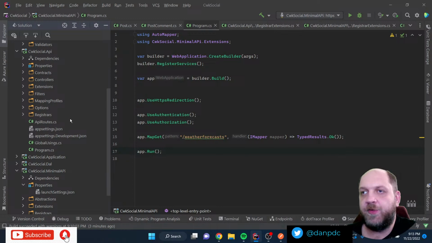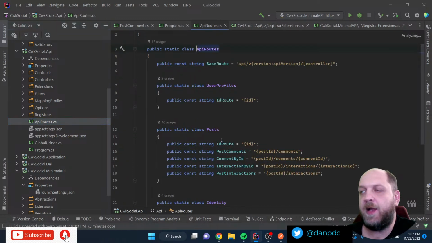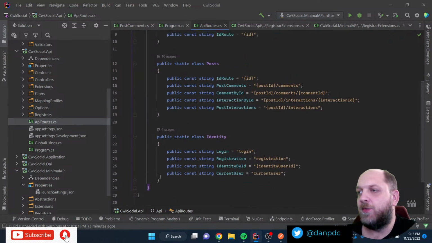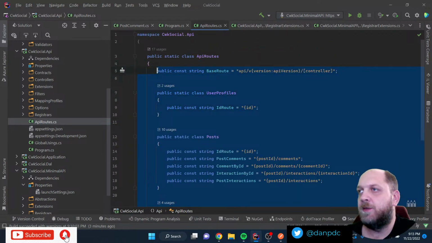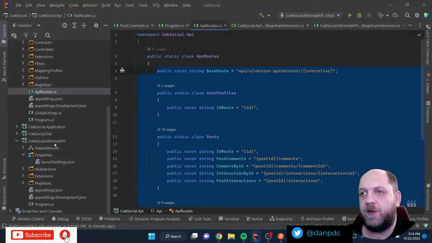So first of all, we have used this class that we have called API routes, and it's a static class, and here we define all our routes so that we don't have to hard code everything either on the controller or in this case in our route handlers. So we'll probably reuse this, and let's create this class also here.